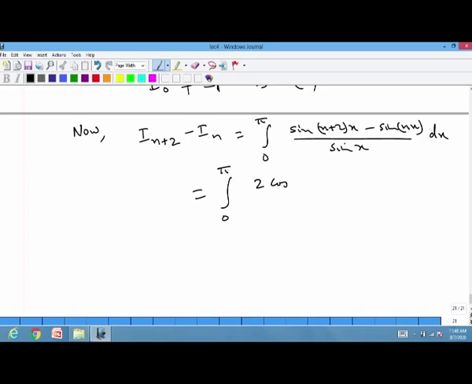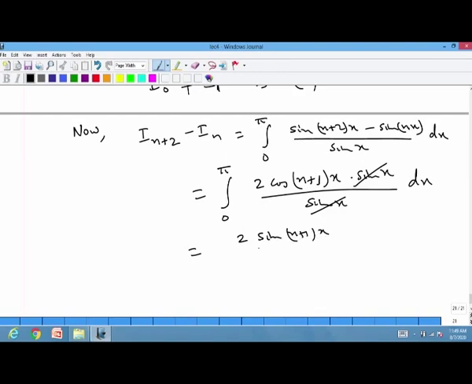2 cos of (c plus d) by 2. So, that is (n plus 2 plus n), which is 2n plus 2, divided by 2. So, that is (n plus 1)x, times sine of (c minus d) by 2. So, (n plus 2)x minus nx will give 2x, by 2 will give sine x, divided by sine x dx. So, sine x cancels and this is simply 2 times sine of (n plus 1)x divided by (n plus 1), between 0 and pi,